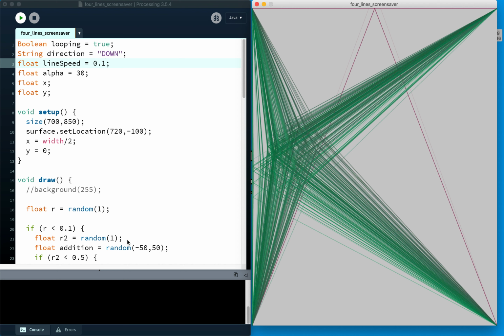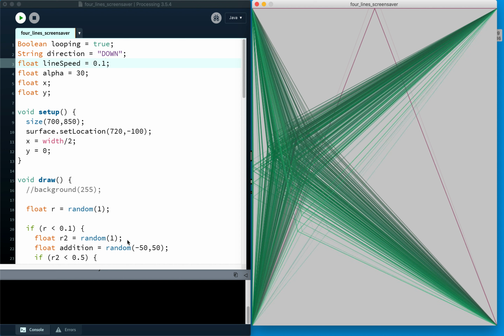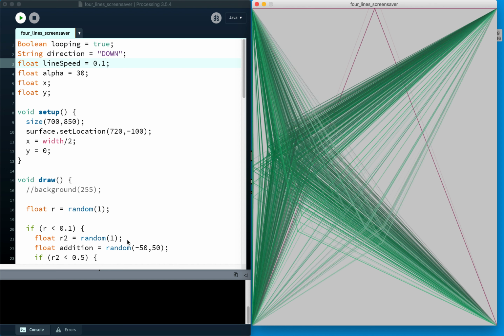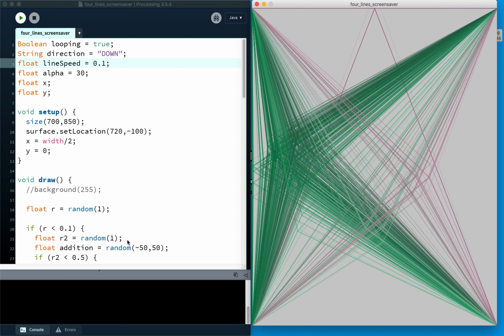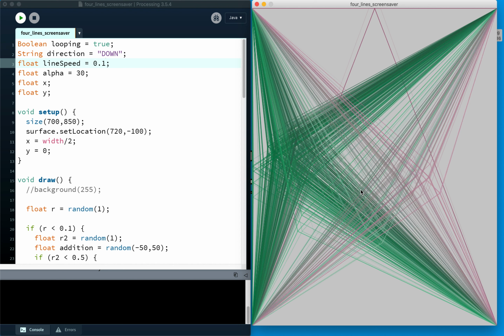There is a chance that it could just never get to the other side now. Because it's moving so slowly, it could get almost there and then jump 50 pixels back, which would be, 0.1 times 10 would be 1. So that's like 500 times back. So, this probably isn't going to work so great, but